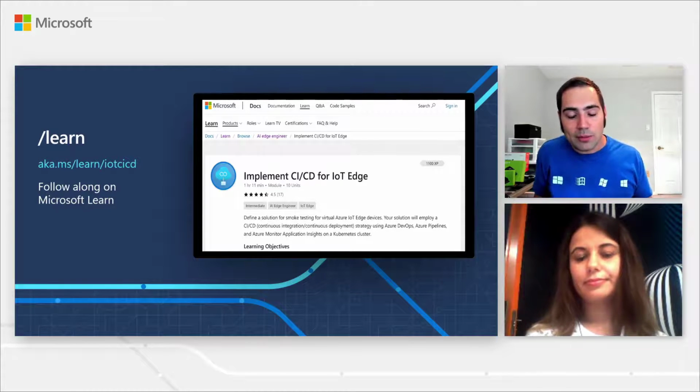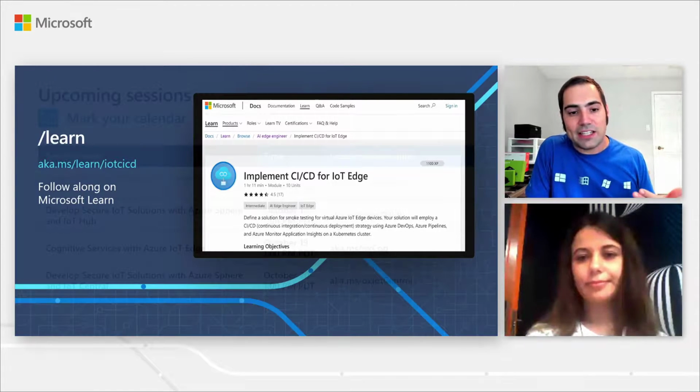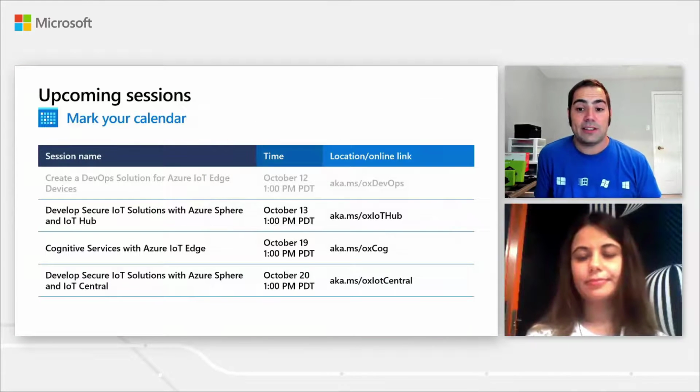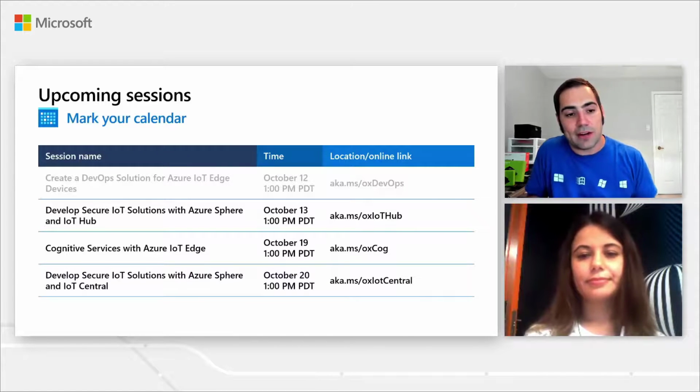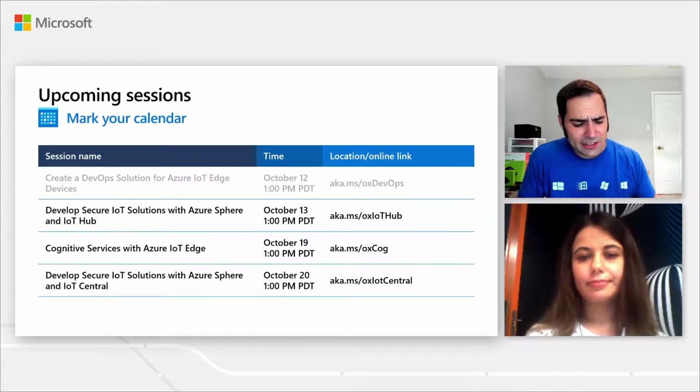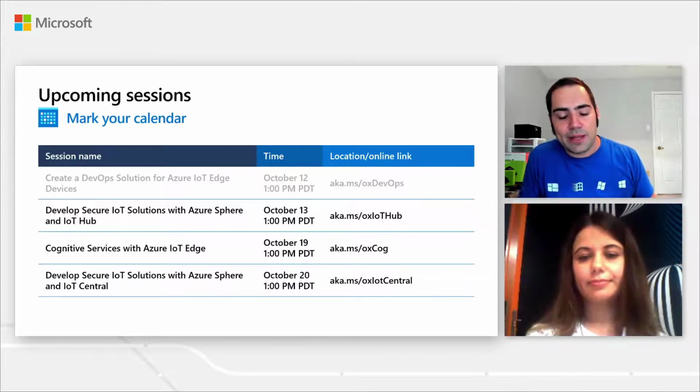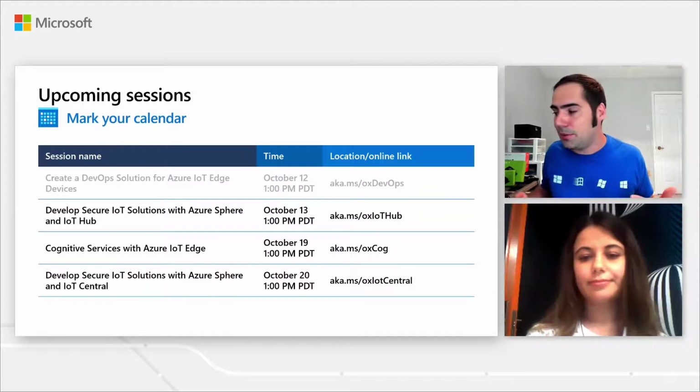Now, one of the things I want to call attention to, again, is that these modules are part of something called the AI Engineer Path, which was developed by the University of Oxford. There will be a number of sessions coming up through the month of October. In fact, another one is happening tomorrow, which will focus on developing secure IoT solutions with Azure Sphere and IoT Hub,